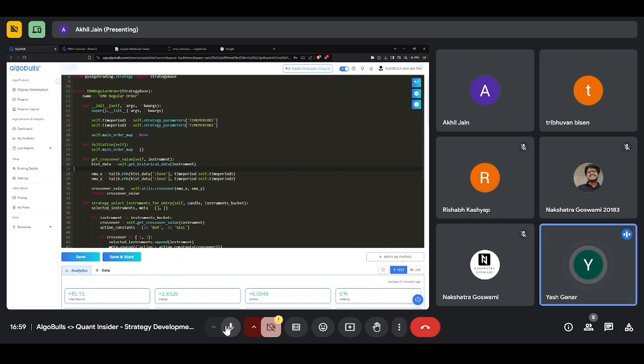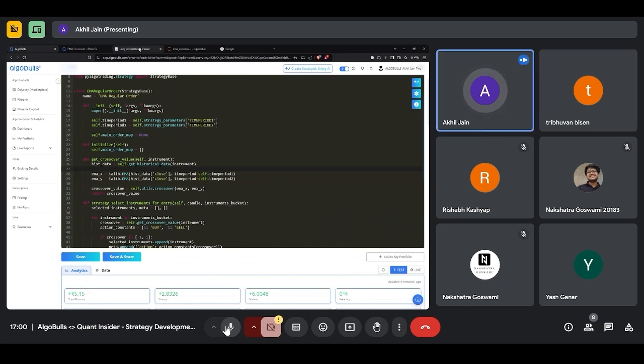All right, then I hope all the doubts are done. Nakshatra ji, Tribhuvan ji, are there any doubts remaining? No. So basically, once the strategy is saved based on whatever we have coded, it will show in our saved strategies. Then it's a regular thing: we can select the instrument and run it.